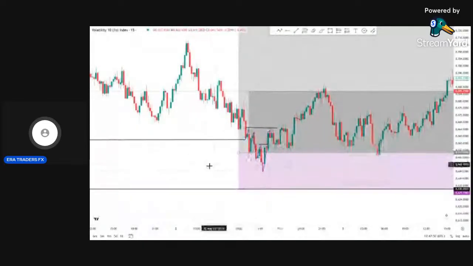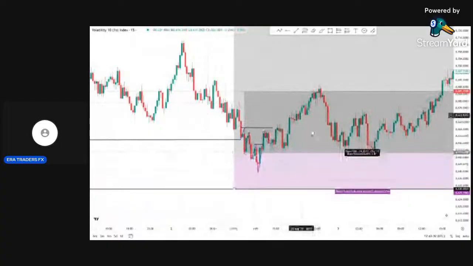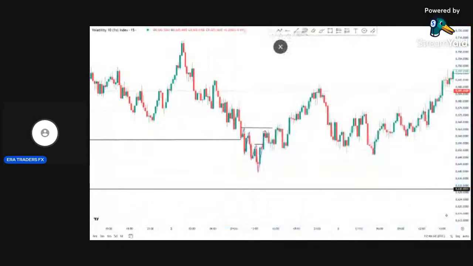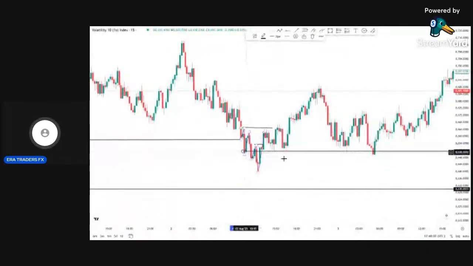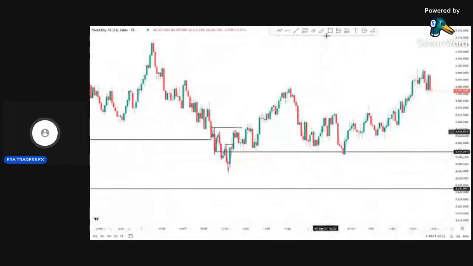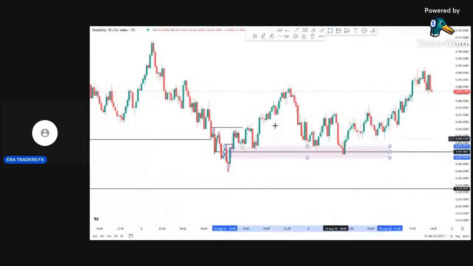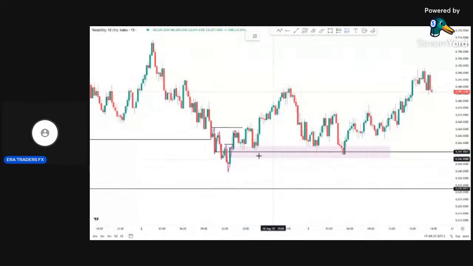And when price gave me that change of character, what am I looking for? Liquidity engineering. If you look at this level, let me remove this first. This level was a good liquidity engineering one. This also is a good liquidity engineering. And look at where price came into. You would have used that, or instead, you just use the mitigation block. Once price comes into the zone, buy, put your stop loss below this. This is a safer way to trade this,